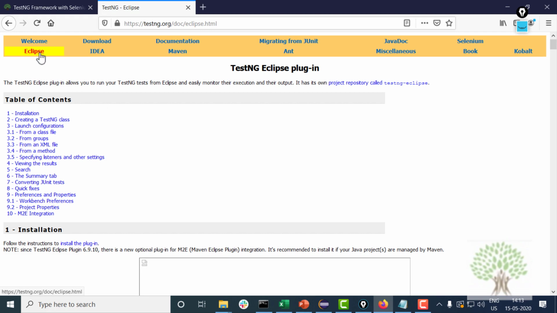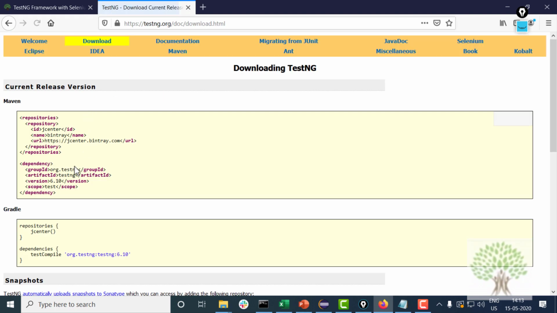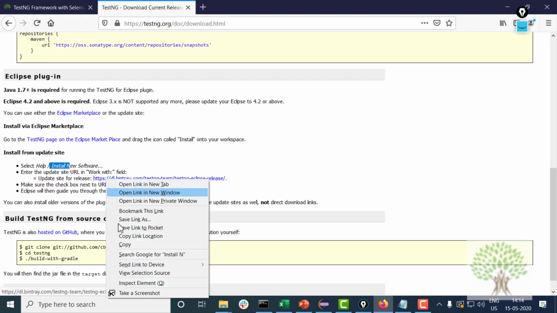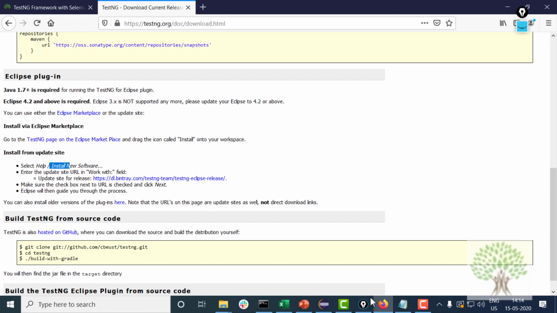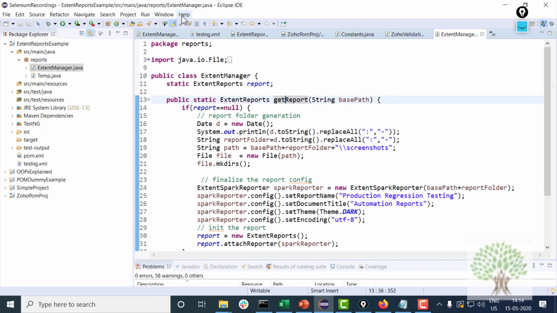You can go to the Eclipse section on the TestNG website and follow the instructions to install the plugin. If you click on this link and scroll down, you will have this particular link. You copy this and you go inside your Eclipse. This is the normal process which everybody does.